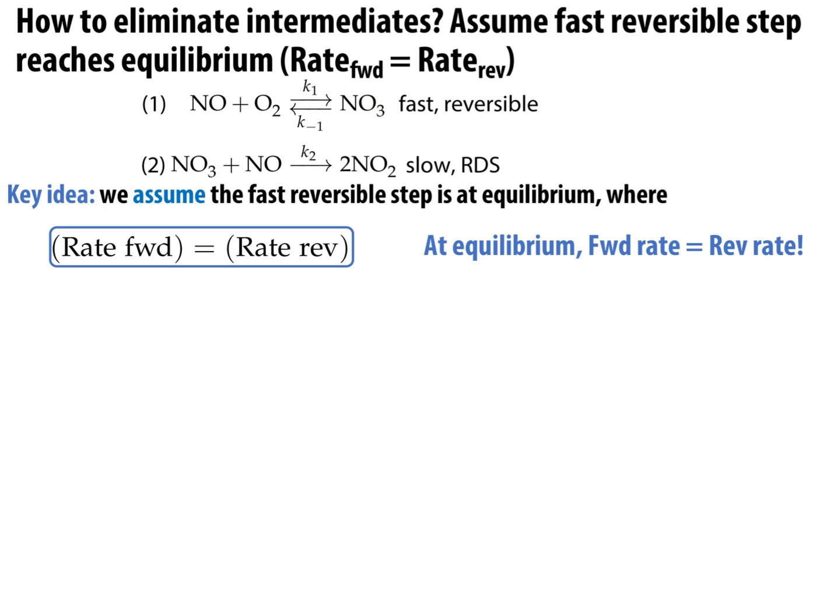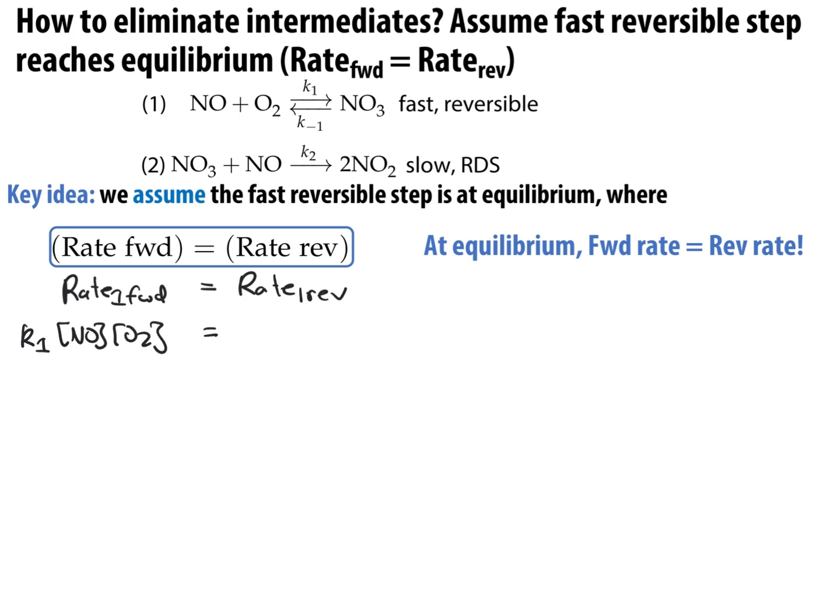When we're at equilibrium, we have this important fact that the concentration isn't changing, and that's because the rate of the forward reaction and the rate of the reverse reaction are exactly equal. So we say our fast equilibrium step is step 1. We're going to say rate 1 in the forward direction is equal to rate 1 in the reverse direction. Then we can plug in rate 1 in the forward direction. Again, it's an elementary step, so that's going to be K1 times NO times O2